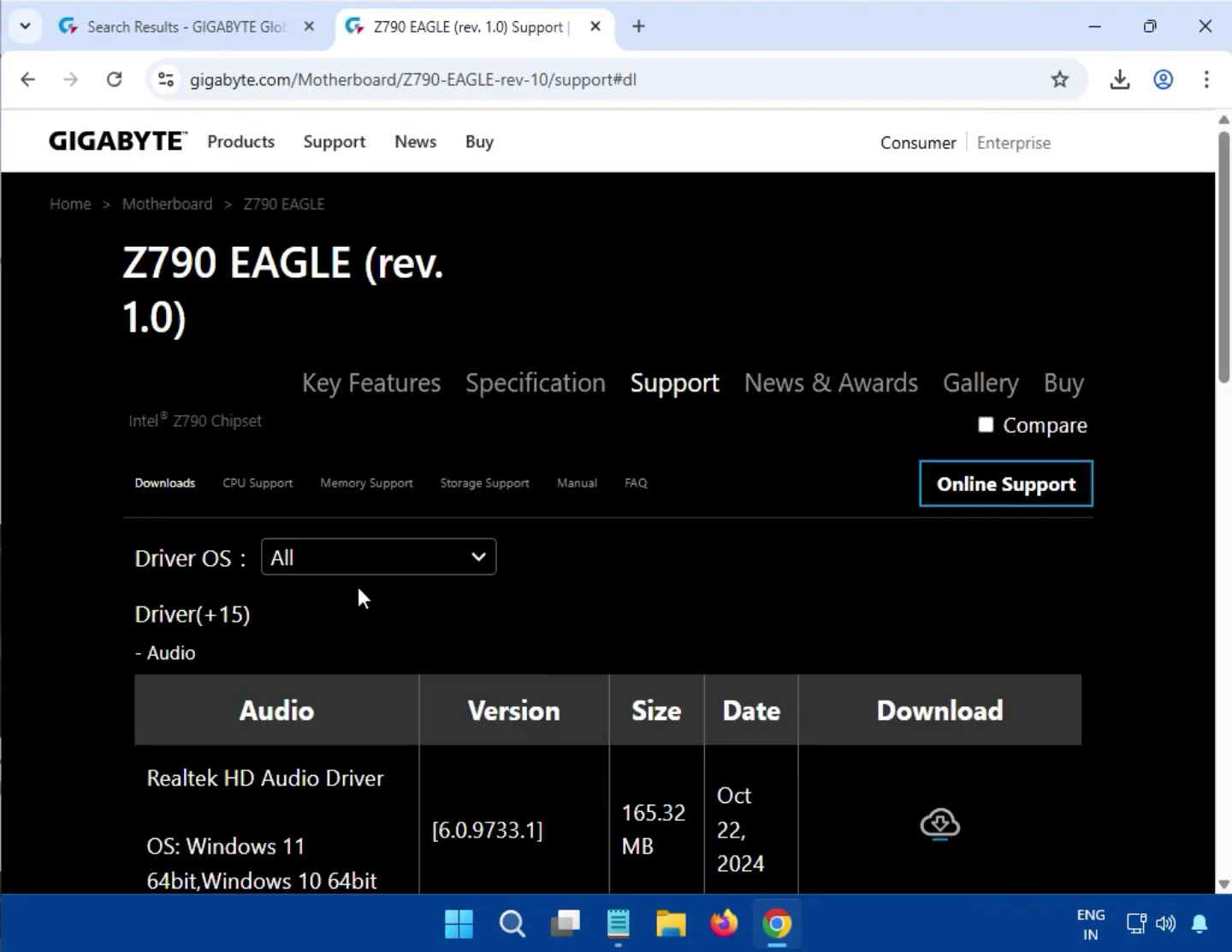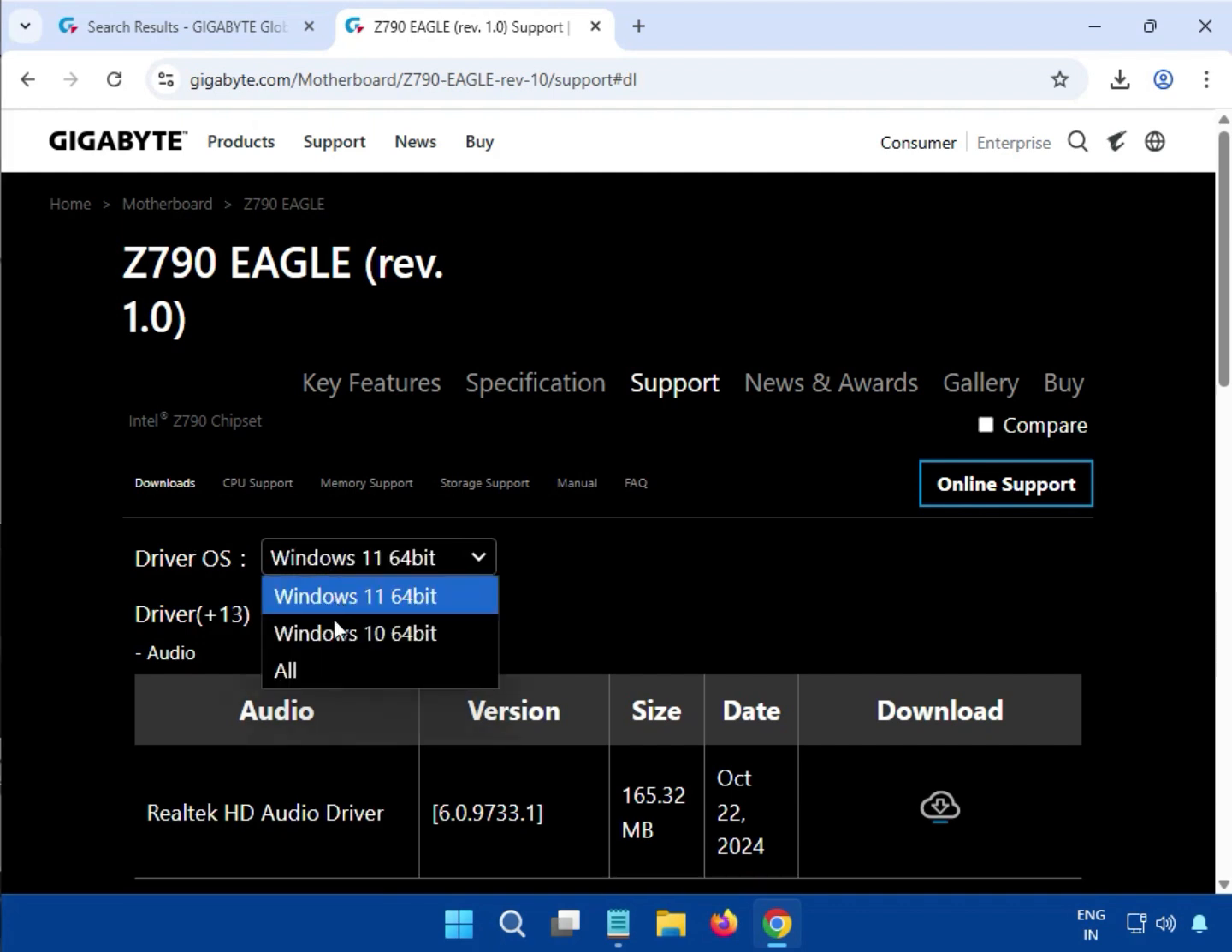First you can see the operating system. So if you have Windows 10, 11, any, you can select whichever you are using, because the installation process is the same. Okay. Audio driver,